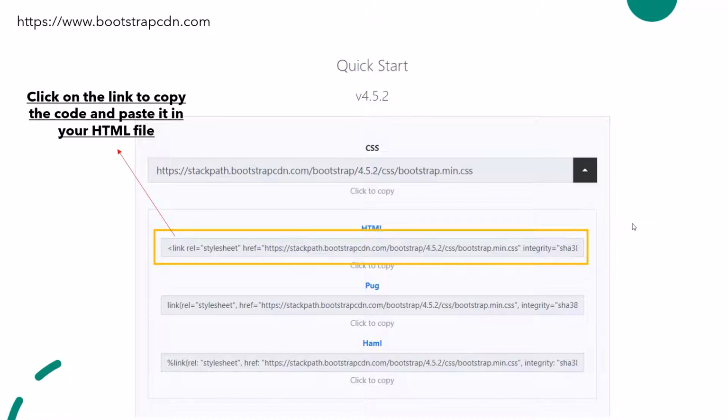Pay attention, guys, this is very important. Put the CSS code in the head, but put the JS code in the body, at the end of the body. This is very important because CSS should load before the website starts loading, and JS should load after the website has loaded.